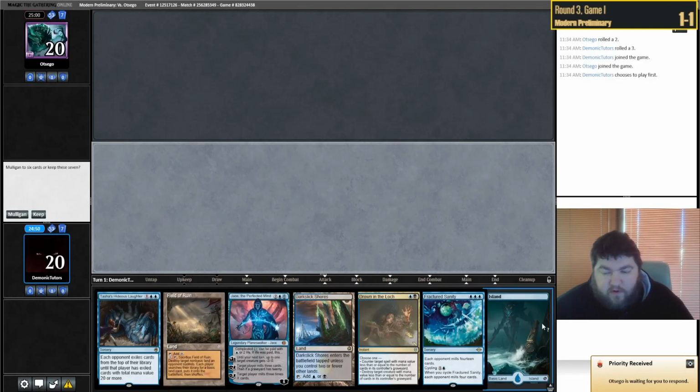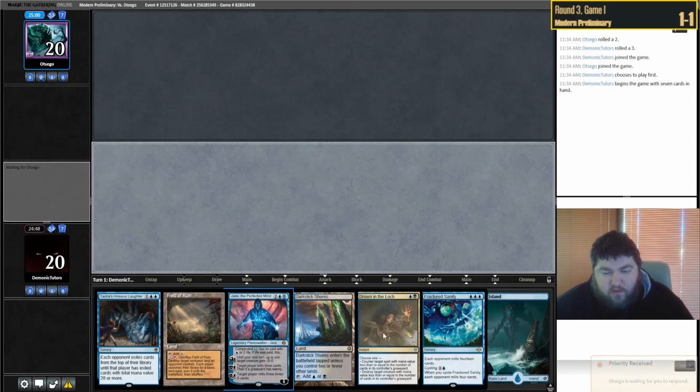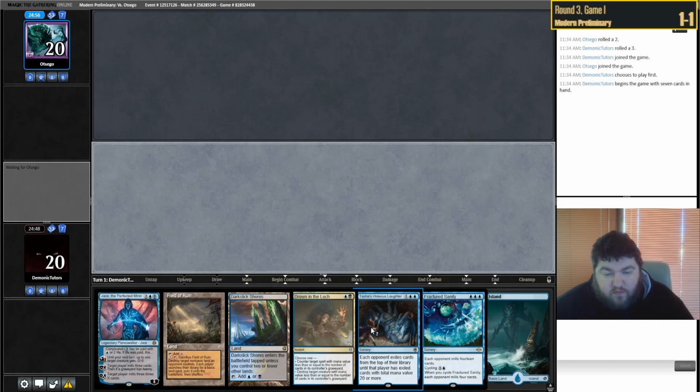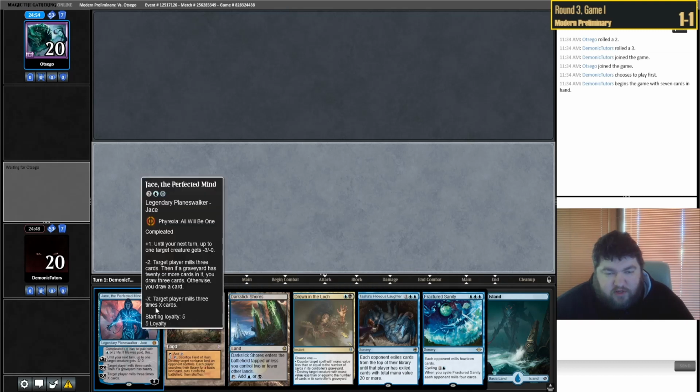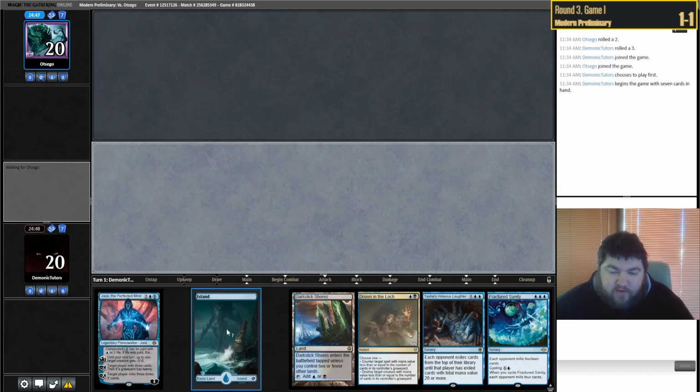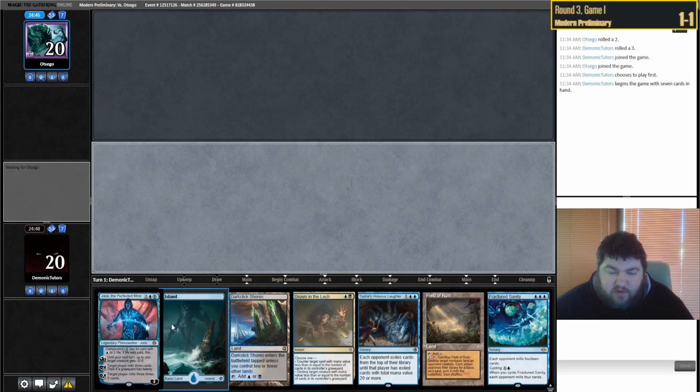Okay, here we are for round number 3. We'll keep. We have Jace. Pretty excited about Jace. We're going to play Island first, so they'll think we're normal and not mill. But...